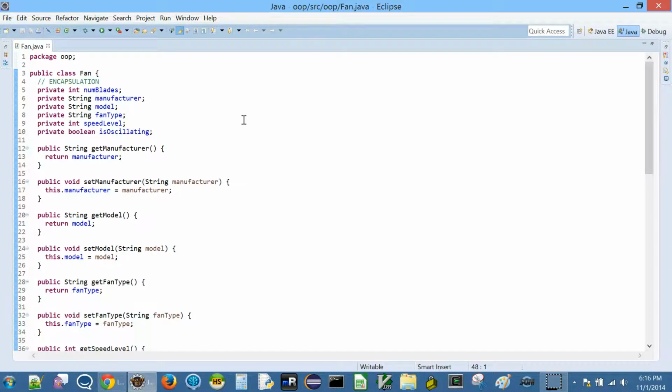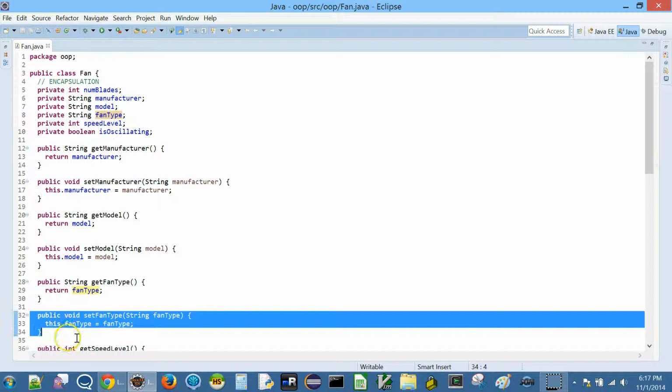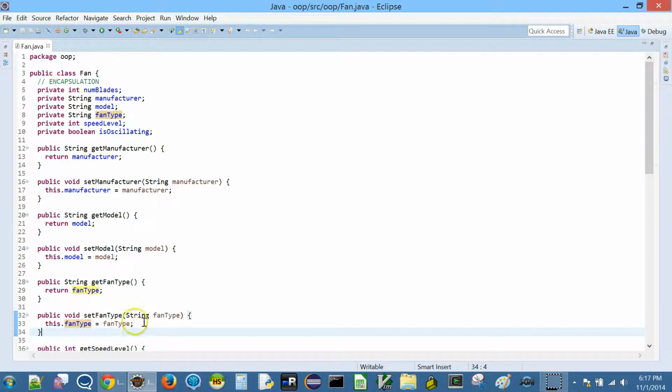For example, if we see fan type, this is currently a string, right? And how is fan type set? We have a setter method here, and whatever string is passed is going to be the fan type.